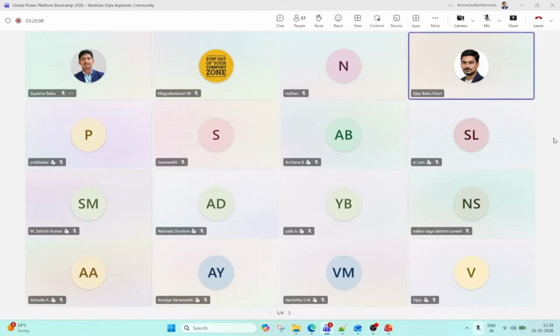Give me a moment, Suparna. It is taking time from my end. I think my system has an issue because of this high performance.